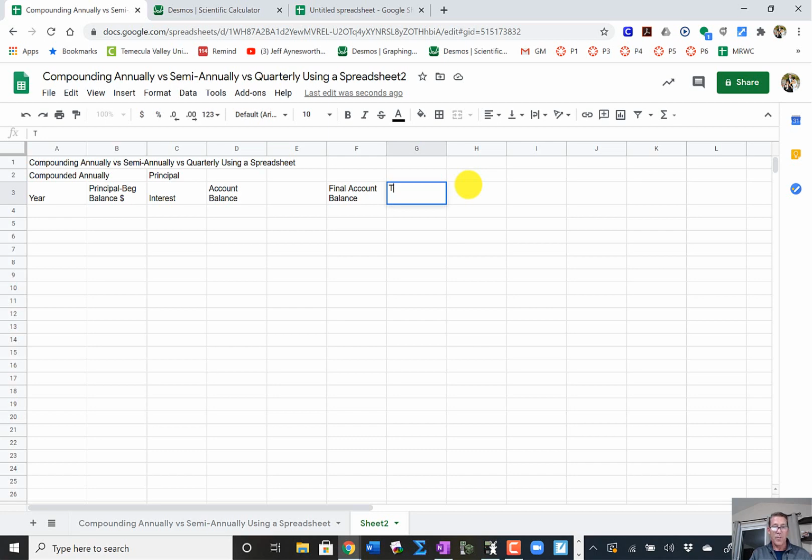Type in total amount deposited. And hit tab, which will take you over to H. On this one, I want you to type in amount of interest